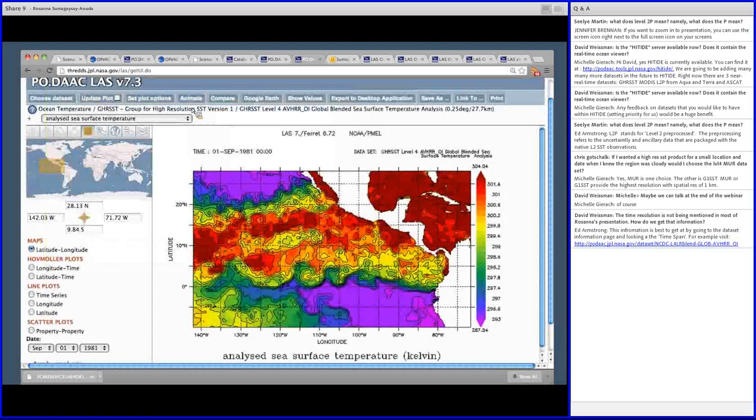Now, one of the things that we have found out that LAS has a limitation on is the animate. Unfortunately, with the nature of GHRSST data being so large, the animate is very limited to only a few data sets. So I'm going to skip over that, but I do want to show you that they do have other